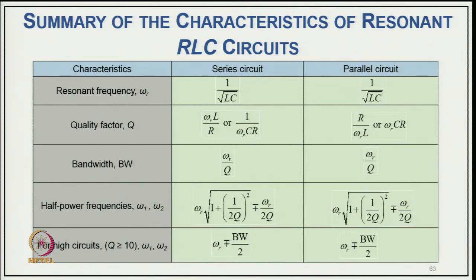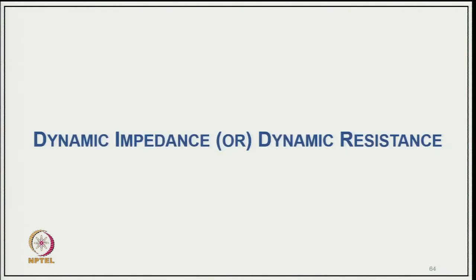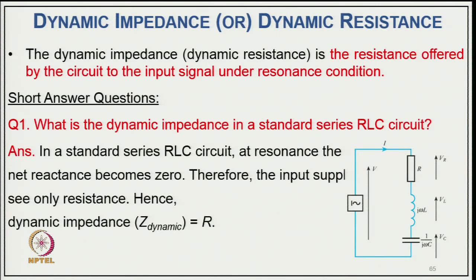And for a high Q circuit, for quality factor more than 10, omega 1 and omega 2 will be omega r minus plus bandwidth by 2, and this will be your omega r again minus plus bandwidth by 2. So, now coming to dynamic impedance or the dynamic resistance. Dynamic impedance or dynamic resistance is the resistance offered by the circuit to the input signal under resonance condition,